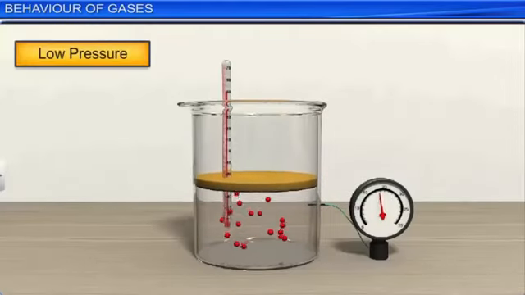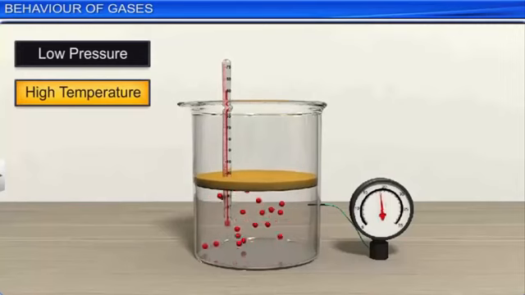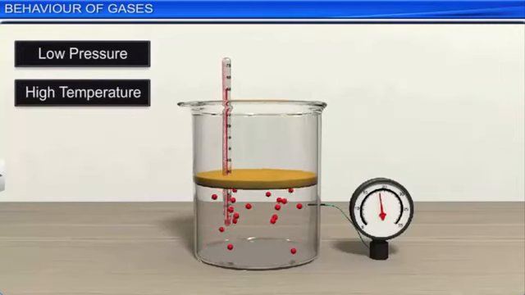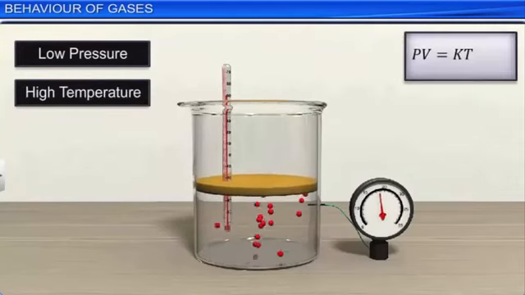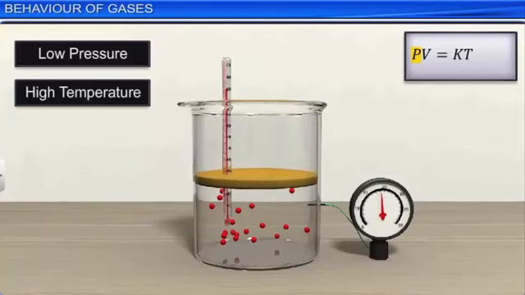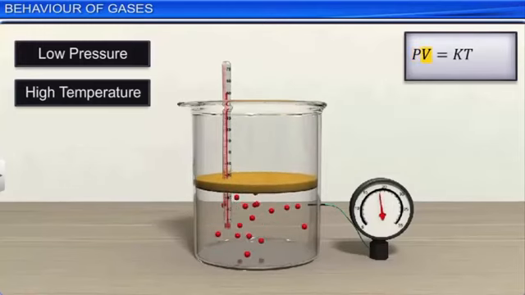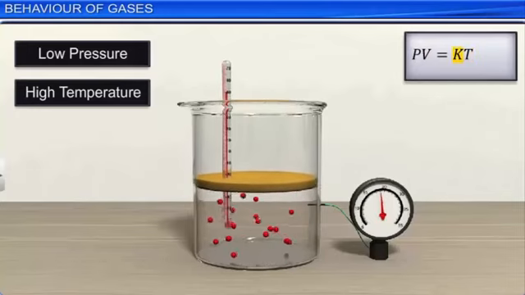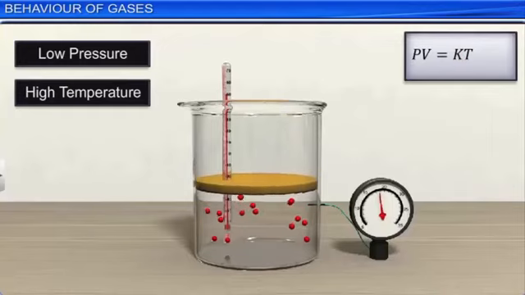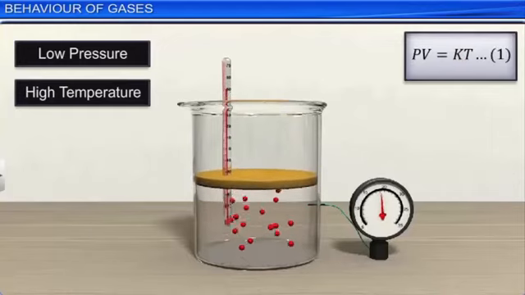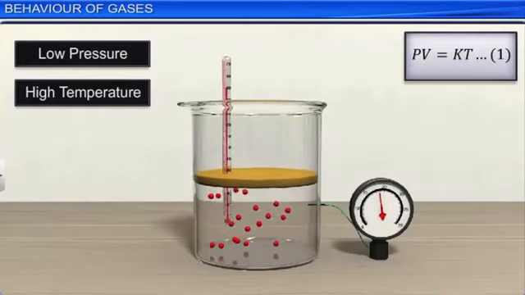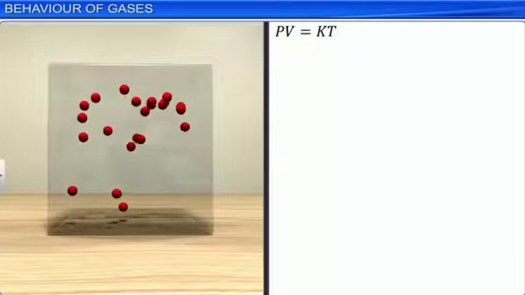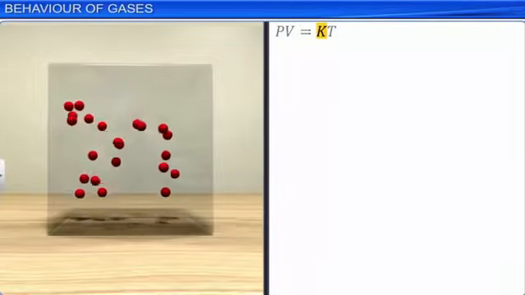Gases at low pressure and high temperature satisfy a simple relation. PV = KT, where P is the pressure, V is the volume, T is the temperature in Kelvin scale, and K is the proportionality constant. Let this be equation 1. For a given sample of gas, K is constant,